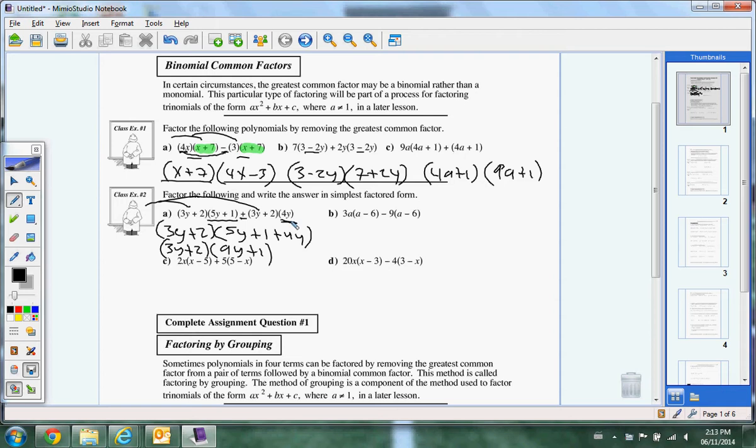All right. Okay, B. So, Chris. Good. So they have an a minus 6 in common. That's pulled out to its own. 3a minus 9 gets pushed together. Good. Taylor, C. Okay, good. Except